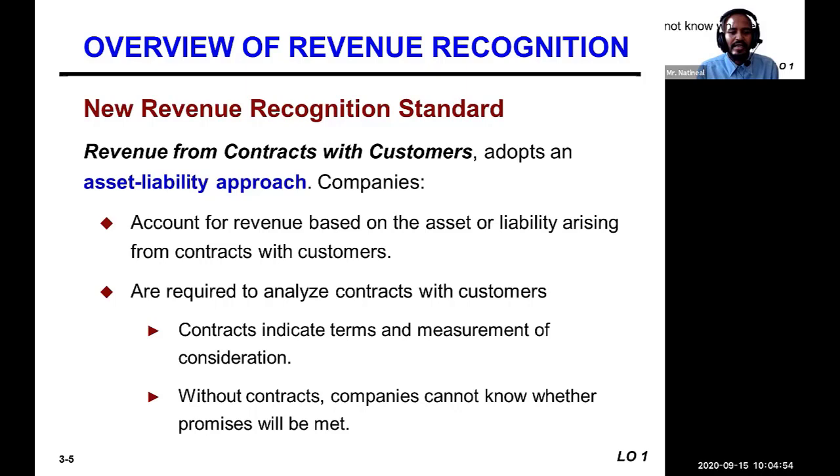So ለዛ ነው indicated terms and measurement of consideration፣ መለኪያ የሚደረገው በምንድን ነው የሚለው እዛ ውስጥ ይቀመጣል ማለት ነው። Okay, so without contract company cannot know whether promise will be met. Without contracts company cannot know whether promise will be met. ማድረግ አይቻልም፣ በኮንትራት ነው። ካልሆነማ ምን ሸጣችሁ፣ ኪሳራ ነው።